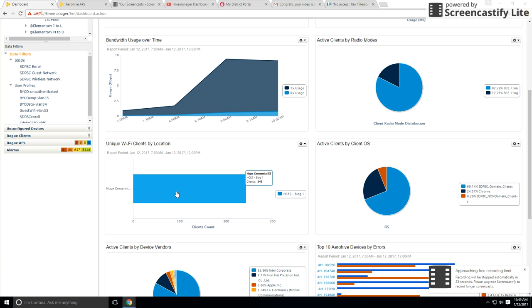Now we have unique Wi-Fi clients by location. Now this would be broken out by buildings, but we only have one building here. So that's not really giving us that much information about client breakout across the location. Some information about the operating systems of clients. So most of them seem to be